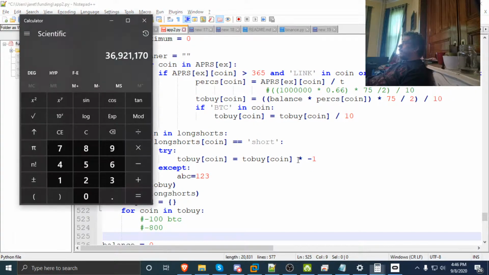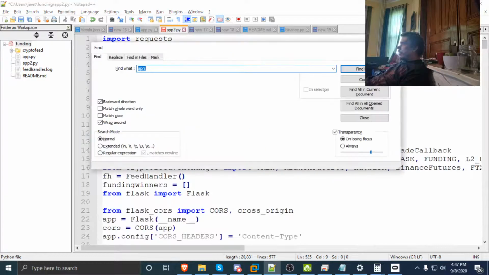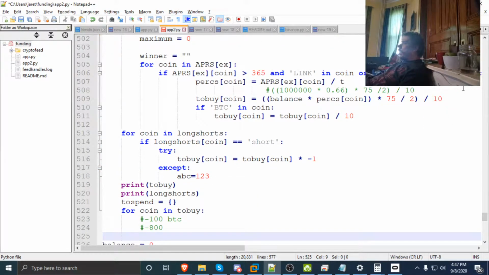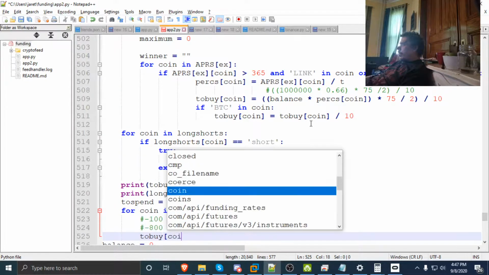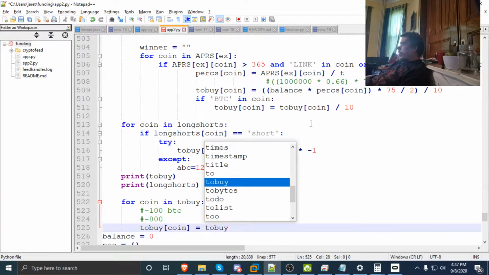Okay. If we're at -100, to buy coin, I don't even need this to spend. To buy coin equals to buy coin